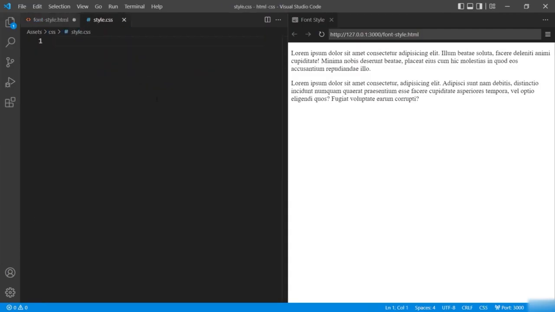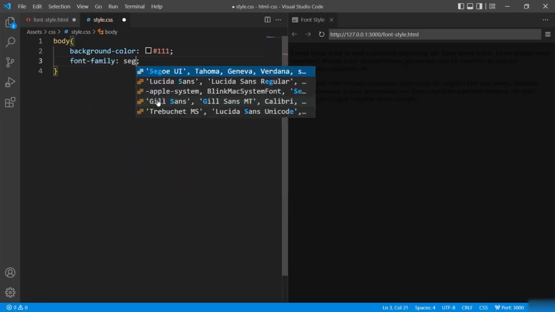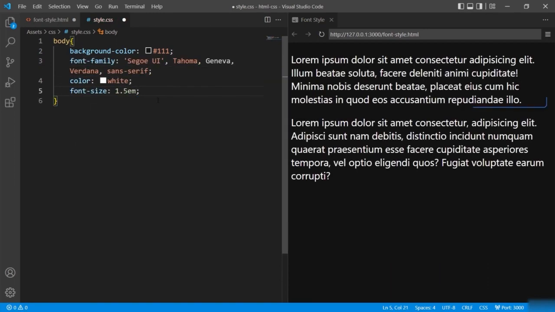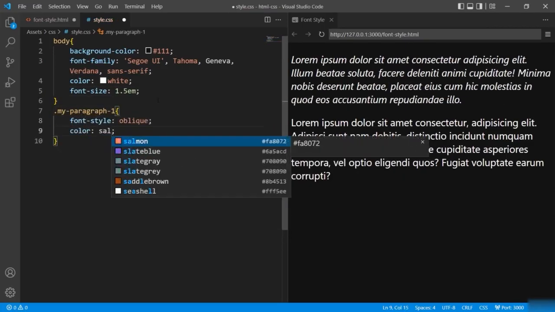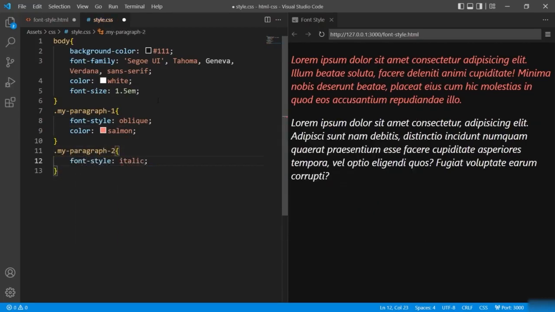Alright, now for the styling, I'll start with body. I'll give background color, font family, color and font size. I want to give font style as oblique to paragraph 1, so I will select the paragraph using the class selector. I'll say dot my paragraph 1 and set the font style to oblique and also give the color property. Similarly, for selecting the second paragraph, I'll use the class selector and will set font style to italic and color